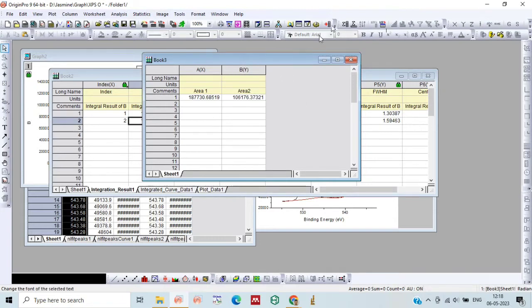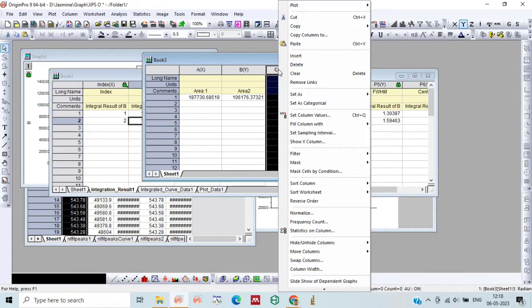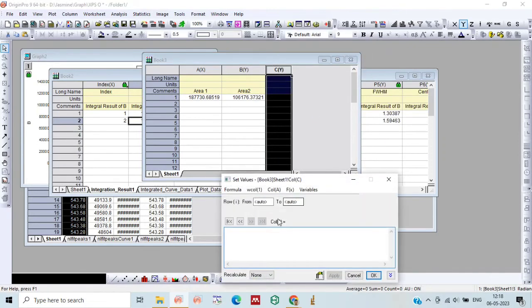Now we will add the area of both curves to get the total area.